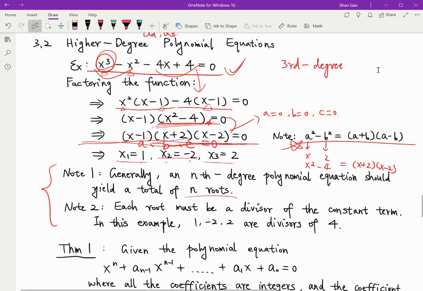And second note, each root must be a divisor of the constant term. So in this example, the constant term is 4, right? So this note means that each root, 1, minus 2, or 2, should be a divisor of 4, the constant term, right? The reason is that after we expand this function,